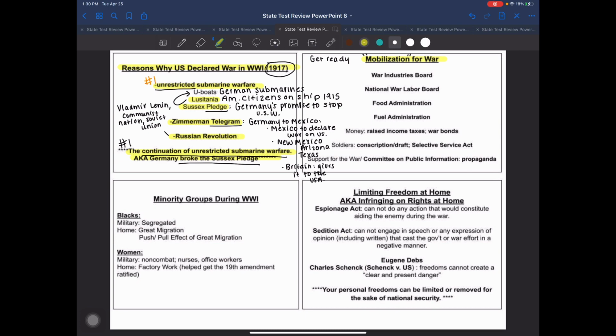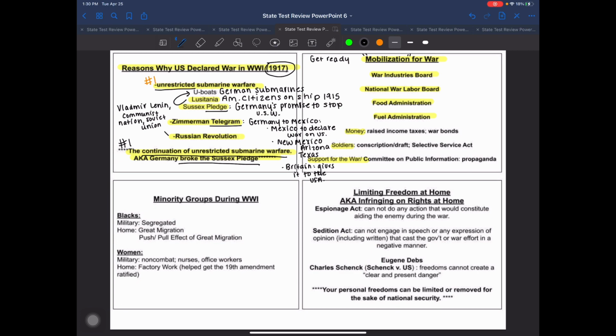The first thing they create is the War Industries Board. Go ahead and highlight all that's bolded here. The National War Labor Board, Food and Fuel Administration. I'm going to highlight money. We're going to have money to pay for this war. We're going to need soldiers, and we're also going to need some support for this war. All right? Now, what I'm going to be adding in pencil is one thing I teach my classes: